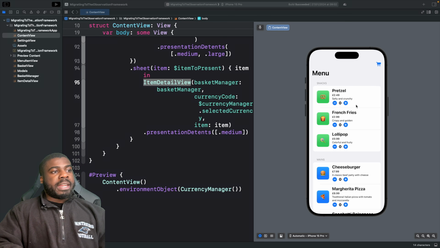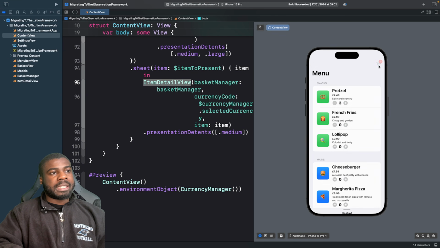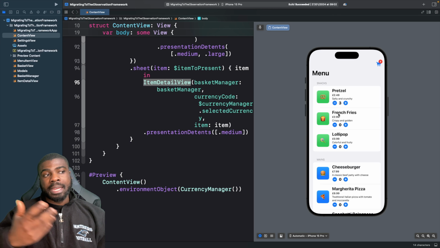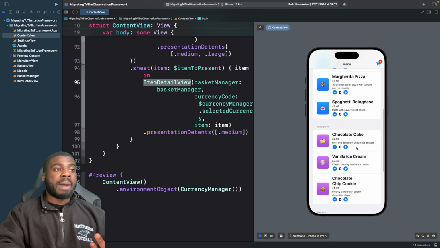You can see on our screen here that we basically just have a basket, and I can simulate adding items to the basket and checking out items. It doesn't interact with an actual API, it's just a simple app with items